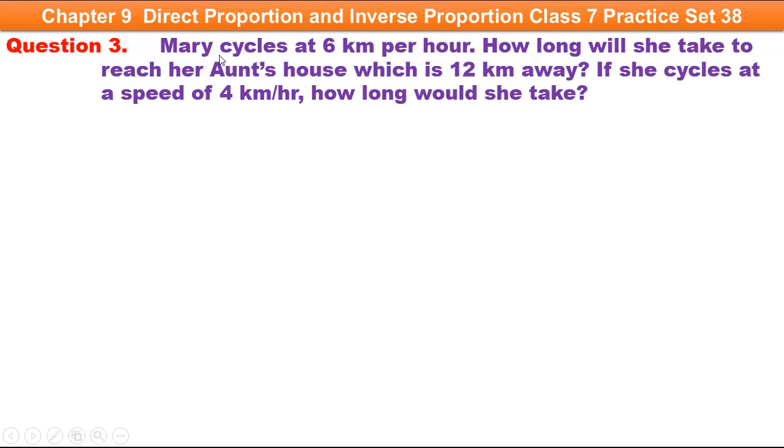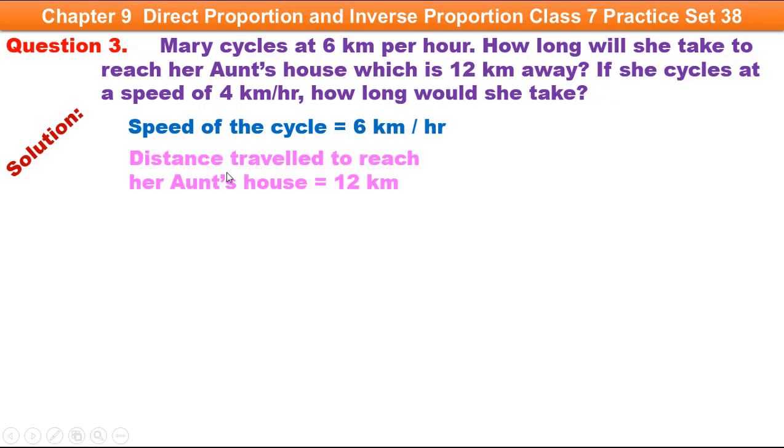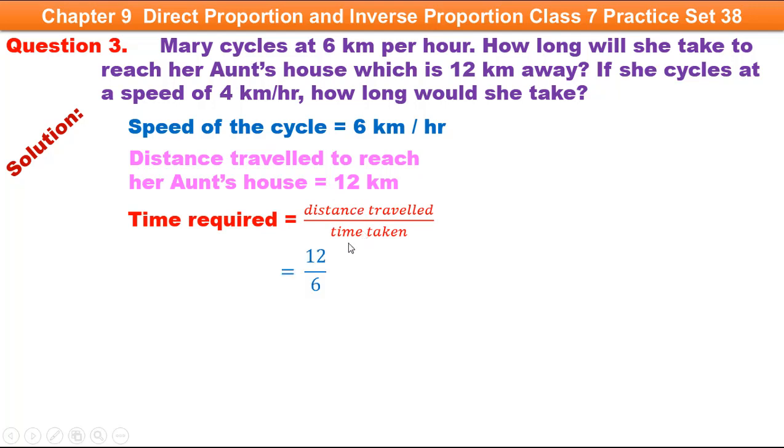Question 3. Mary cycles at 6 km per hour. How long will she take to reach her aunt's house which is 12 km away? If she cycles at a speed of 4 km per hour, how long would she take? Solution. Speed of the cycle is equal to 6 km per hour. Distance traveled to reach her aunt's house is equal to 12 km. Time required is equal to distance traveled divided by speed, which is 12 upon 6 is equal to